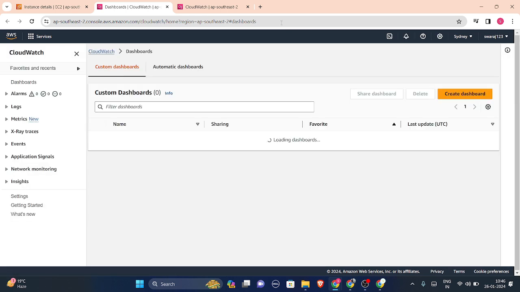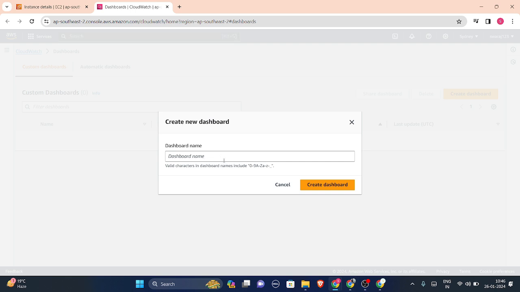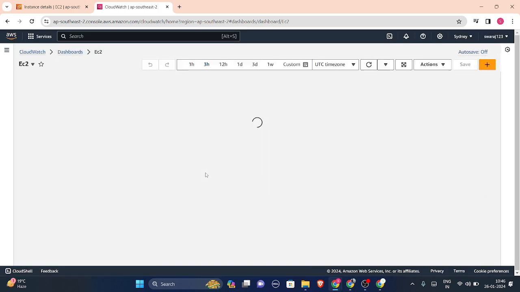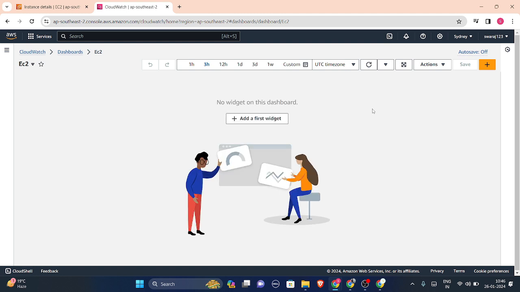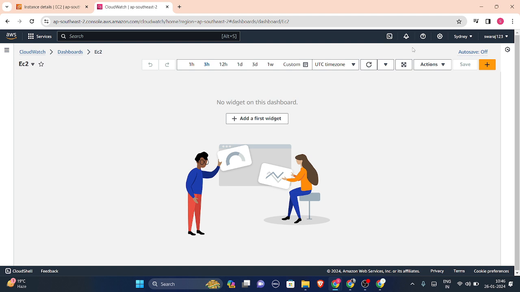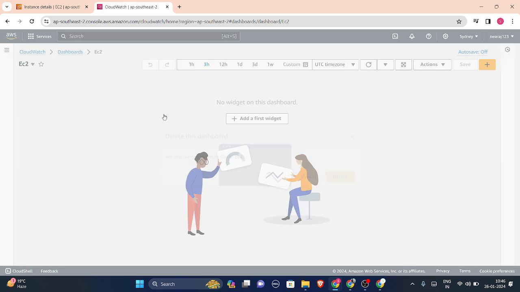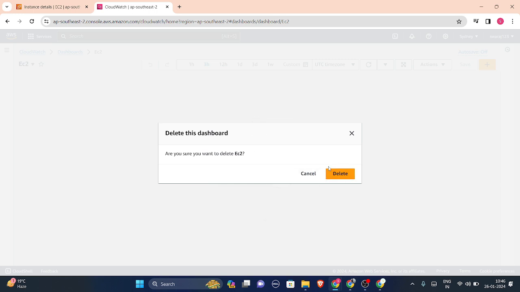If you want to add to a dashboard, you can add these two to a dashboard, and you can have a good view of them. You can create a dashboard with whatever name you want, like EC2 dashboard, and I have created it. Now I'll be making a custom dashboard here, giving whatever I want, then I can just click next and check all the metrics here. Okay, I'll just delete this dashboard now. I can have a proper view from this EC2 dashboard.